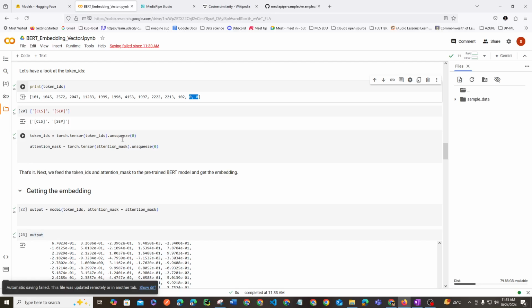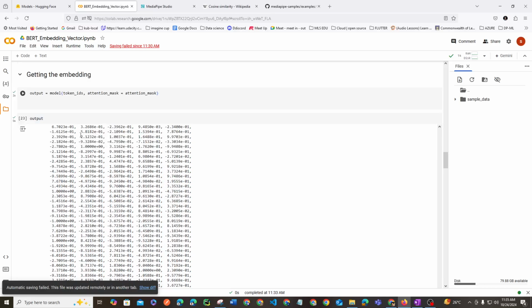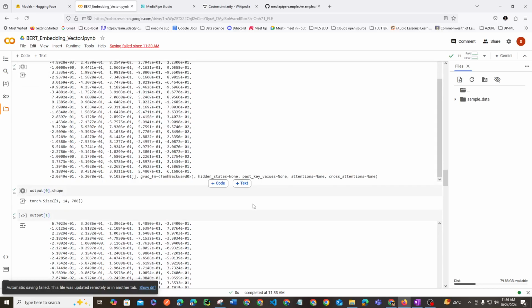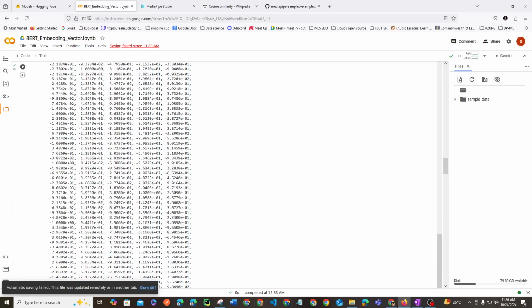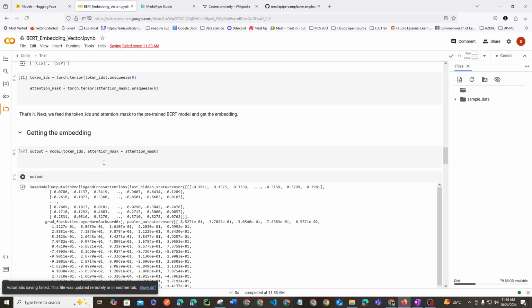Now we pass the token IDs and the attention mask, and we find the output. What the output returns is for the token IDs we pass and the attention mask. If we look at just the first shape, it returns a torch size of 14 into 768. Okay, if we change a little here, for example,